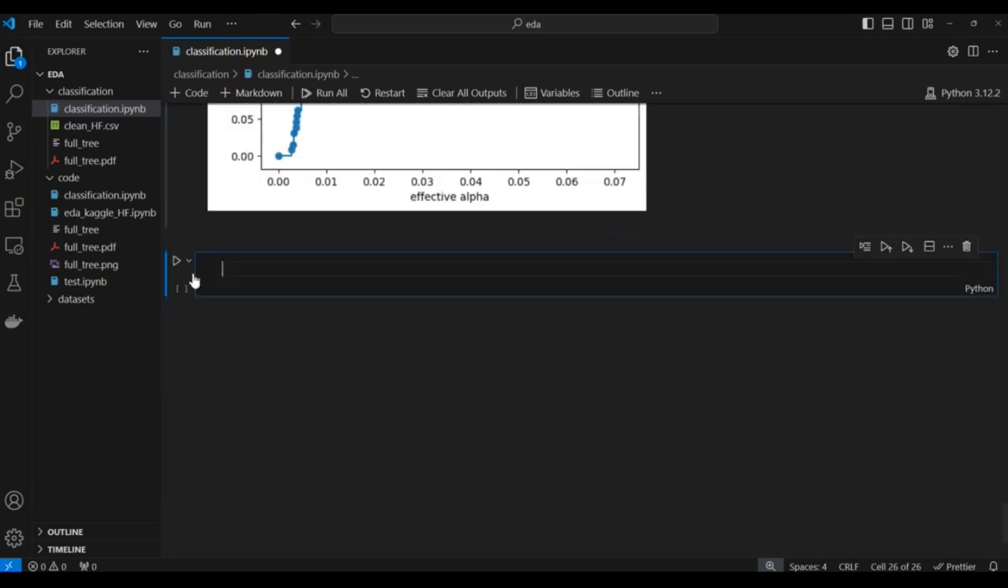In order to see which alpha would be the best alpha to use for pruning, we are going to train one model for each of our alphas. Then we are going to look at the performance or at the metrics of the model on the train set and also on the test set. And based on this, we are going to choose the best model. So